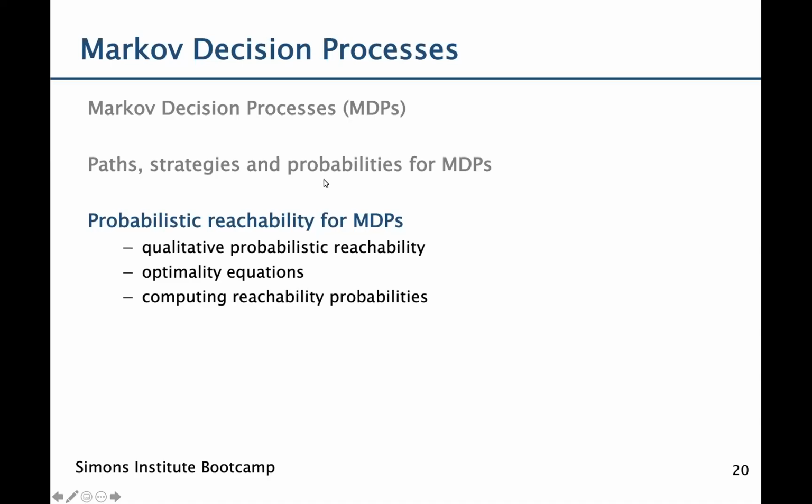So I'll now move on to probabilistic reachability for MDPs. I'll first give you an introduction, then I'll consider the case of qualitative probabilistic reachability. So this is, can I reach a target with probability greater than 0? I'll then introduce the optimality equations for probabilistic reachability, and then I'll give you 3 different approaches for computing reachability